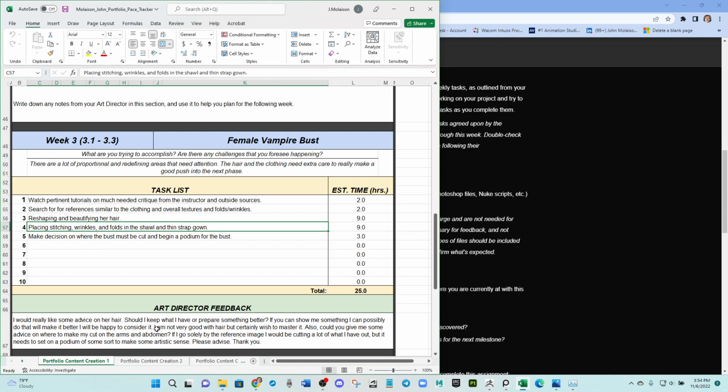So I would really like to know more advice on the hair. Should I keep it or prepare something better? Also, if the instructor can show me something I possibly can do better, I will be happy to consider it. And I'm not very good with it, obviously. And also, could use